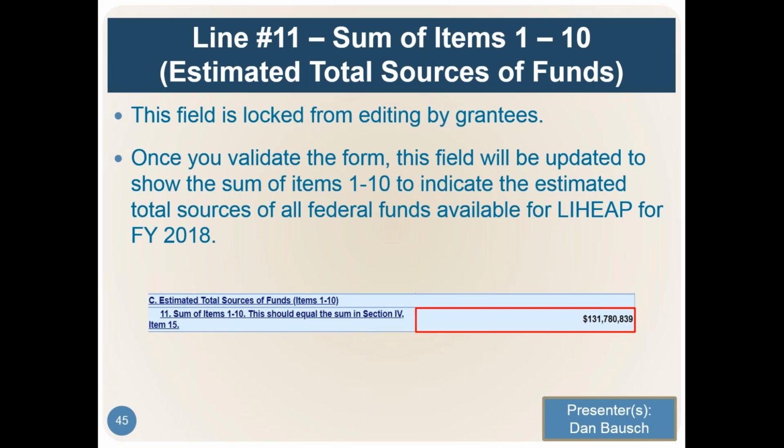Okay. So Part C, or line 11, is an automatic field that OLDC calculates for you. And all it's doing is adding up the amounts of the prior lines to give a total estimate of sources of funds. So this line is important because it's going to be used to compare your sources to your total uses later. And it's a line that you can easily see and use to check against your own records about how much in total funds, total 2018 funds, you had available.